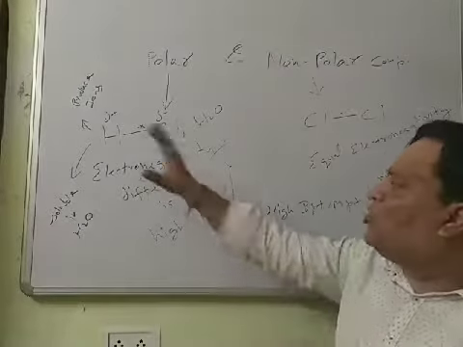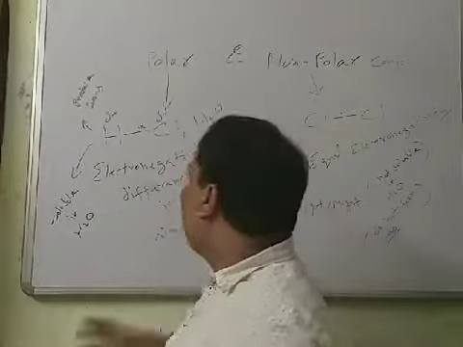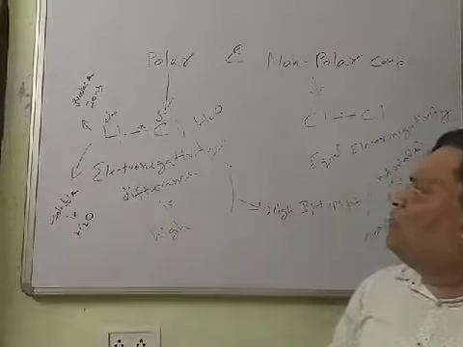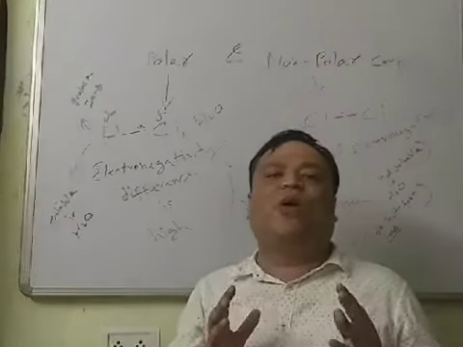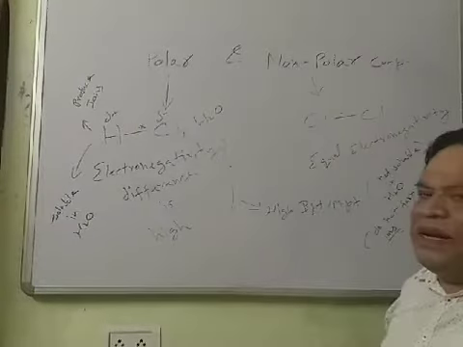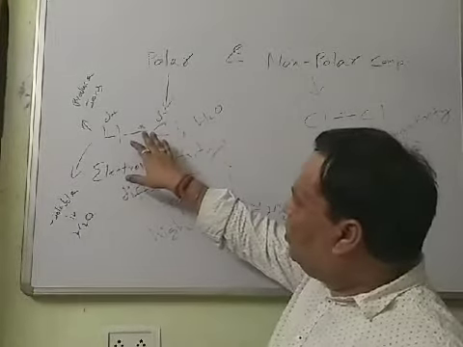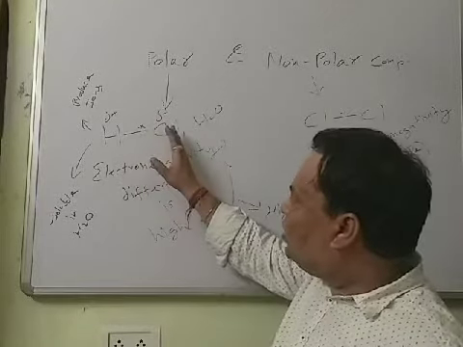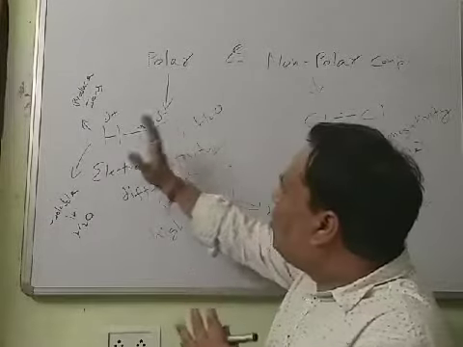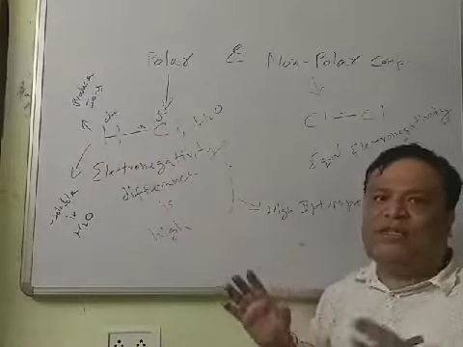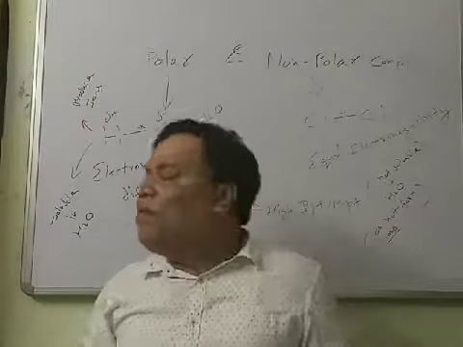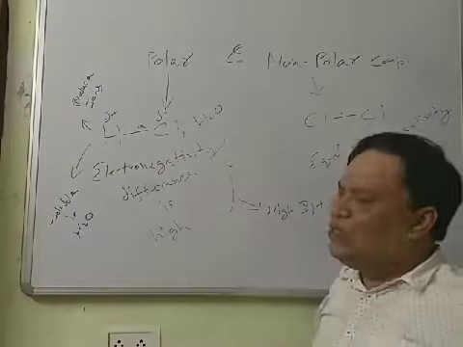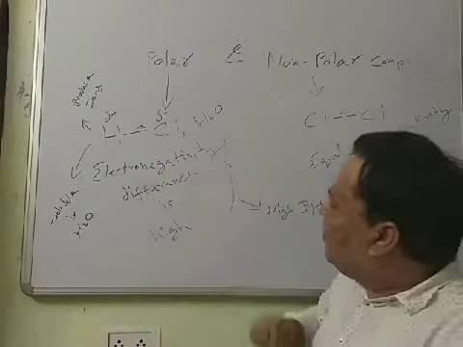So this formation of partial positive and partial negative charge within a molecule, because electron density is more on one side and less on the other side of the bond, results in the formation of polar covalent compounds. Let me explain again. When the electron pair which is shared between the two atoms is much closer to one atom, and far away from the other atom, then this kind of bond is a polar covalent bond. It is formed when two atoms have a large difference in electronegativity. You can see I have already written: electronegativity difference is high.